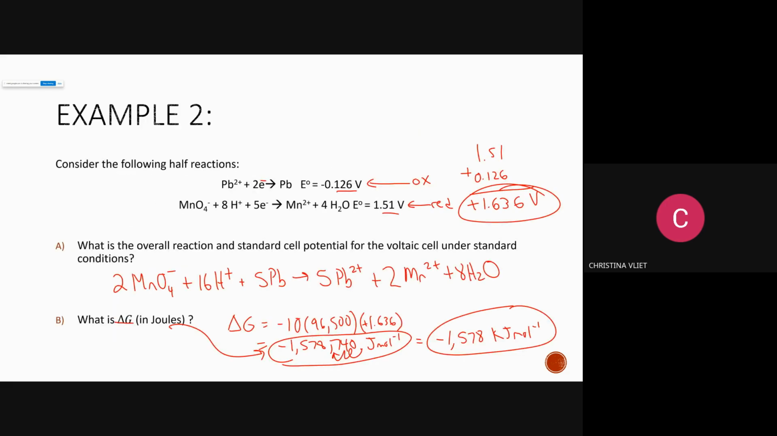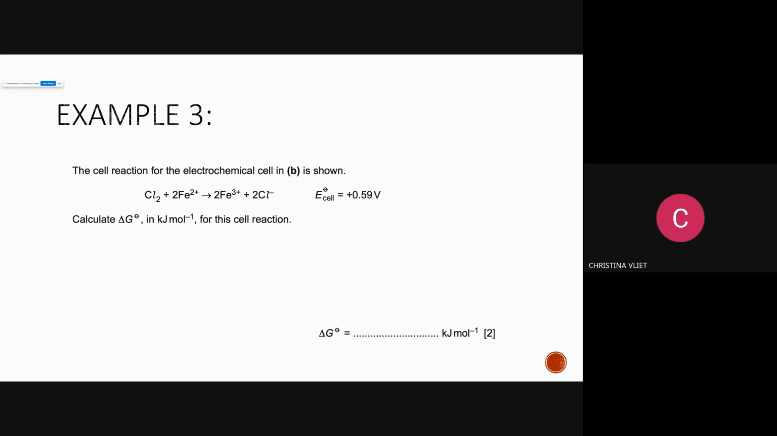All right, next example is actually from a Cambridge exam. So example 3 comes from a Cambridge exam, a recent one. Cell reaction for electrochemical cell in B is shown. So they give you, this is the overall reaction, right? They already gave you the E cell. They give you the full reaction, and they ask you for the delta G, and this time it is indeed in kilojoules. So formula, delta G equals,